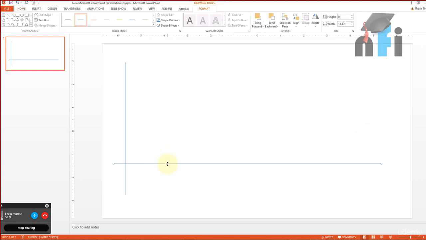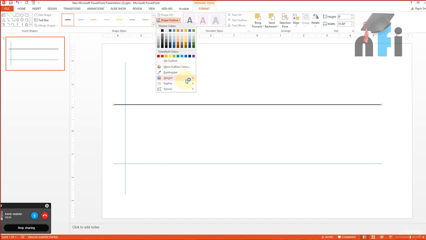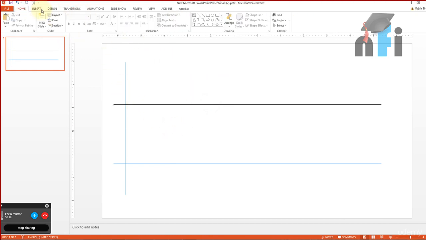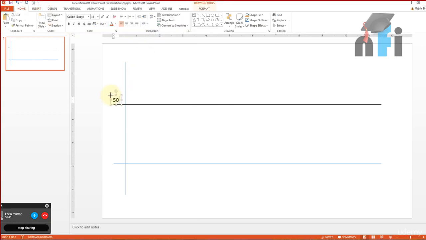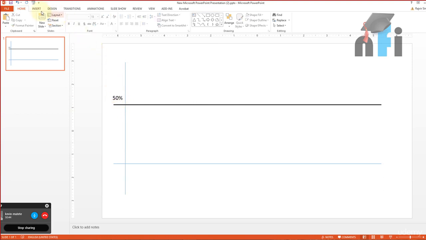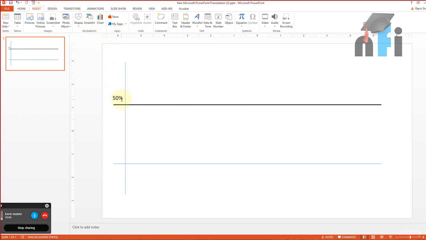Suppose your set point is 50%. So that's my set point, and I will put a comment here, 50%. And if our proportional gain, when we saw the first time, it was